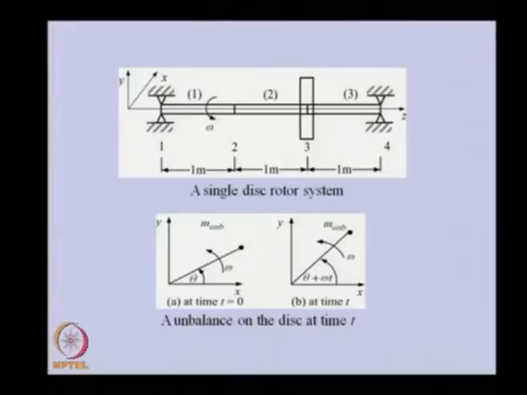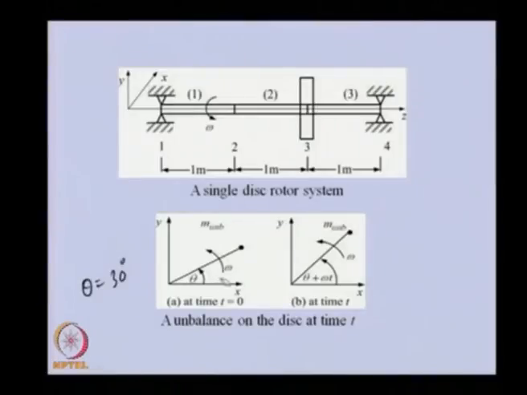And for the unbalance, we are considering, let us say, the horizontal axis x as a reference, and the direction of rotation, let us say, positive is counterclockwise, and at time t equal to 0, we are assuming that this unbalance is in the horizontal position, and at time t it occupies some arbitrary position where this angle is theta. Sorry, this is the phase. So, basically this is the phase which we are talking about. The theta for this particular case is 30°.